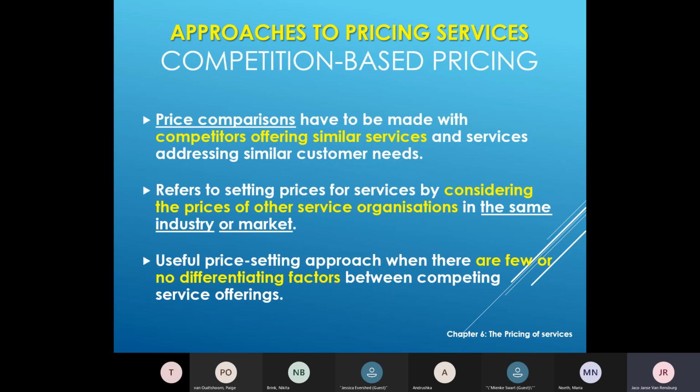Comparing, that's the second one I said. Let's compare prices with our competitors. Price comparisons